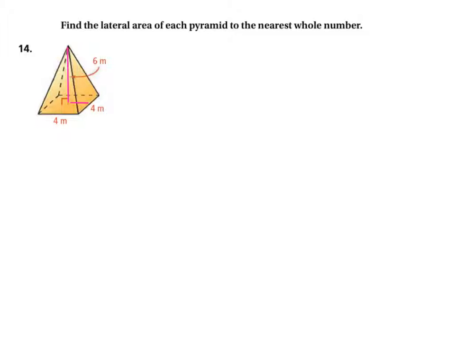That length there, it's half of the full side of 4, so that length is 2. So if we drew that down here, and we said that height is 6, they gave it to us, 6 meters, and half of the full side of 4 is 2 meters, and then we're looking for the slant height,